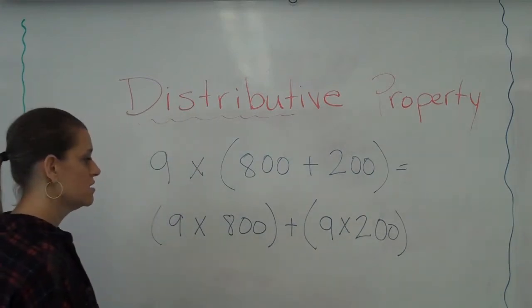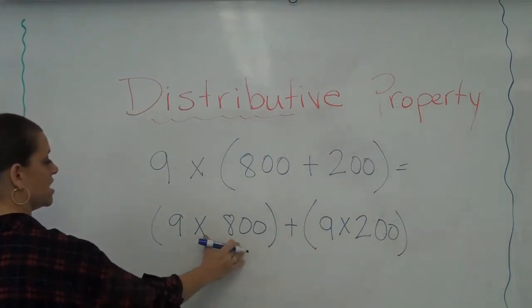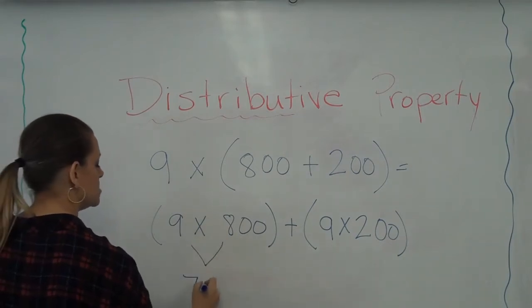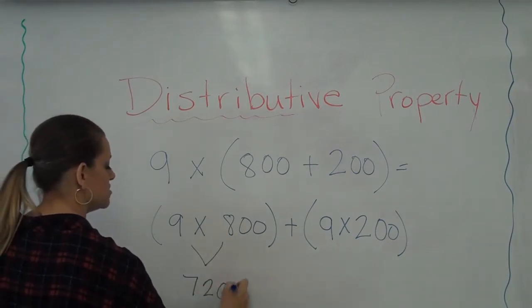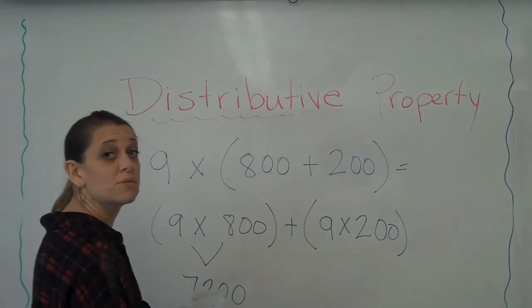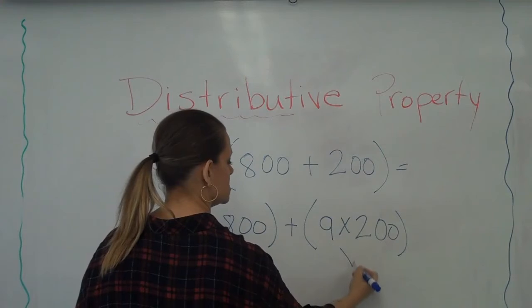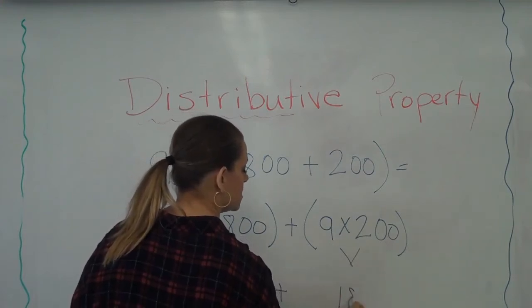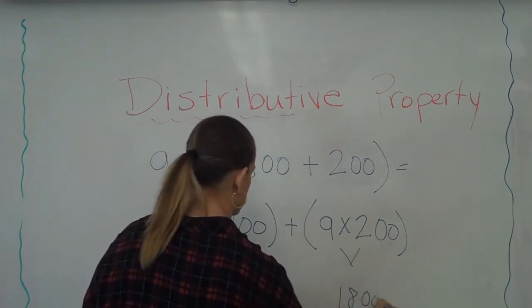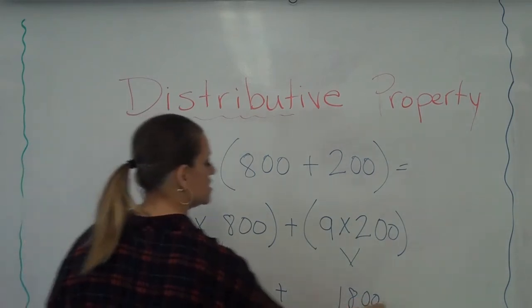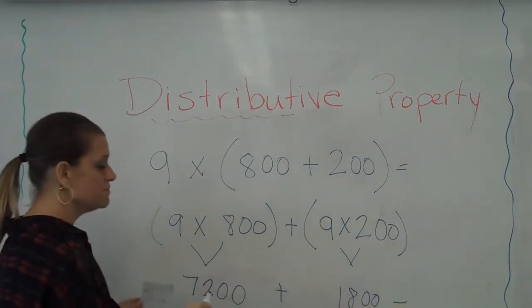Same thing. What is 9 times 800? 9 times 8 gives you 72. We add on our 2 zeros. It's a little trick. We can talk a little bit more about that on Monday. Plus 9 times 2 is, you know that, bring down our 2 zeros. Now we have 7,200 plus 1,800, and that will give you